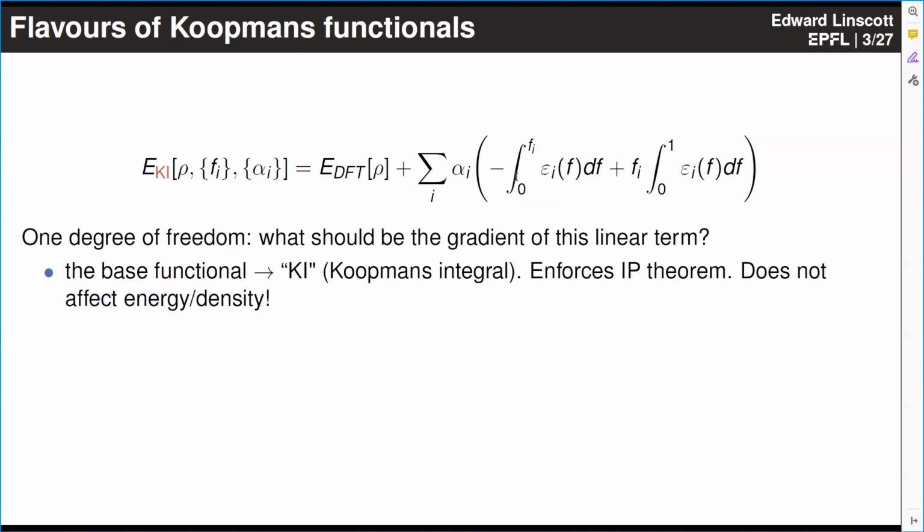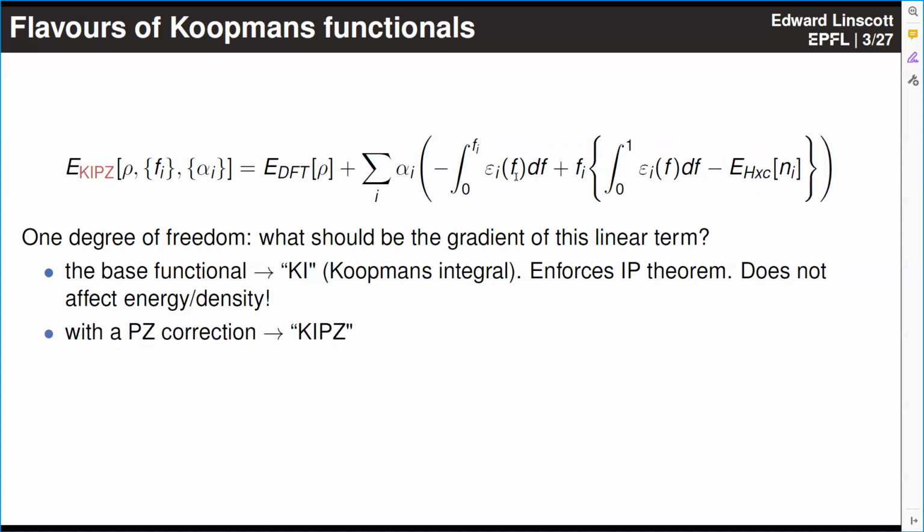I like to think of this as the core Koopmans correction, in the sense that this is the minimal correction that one applies that can impose this linearity condition. The KIPZ functional, which is next, also involves an addition of the Perdew-Zunger correction, and that starts to do with self-interaction correction. But really the KI functional is this minimal correction that will enforce this piecewise linearity condition and does nothing more. And so to add my 2 cents to answer Tomas's question, I think really the nice